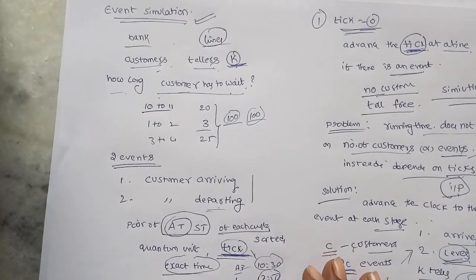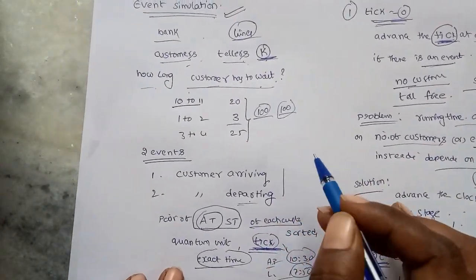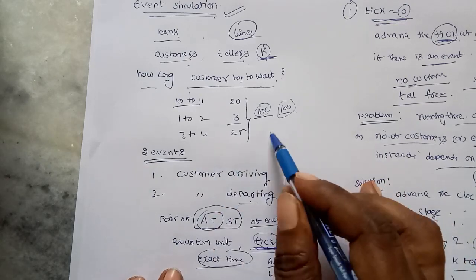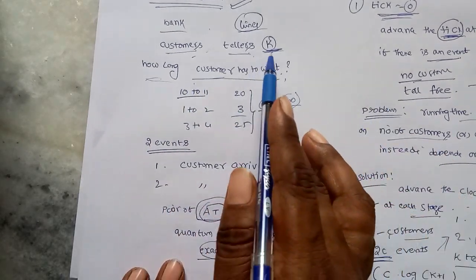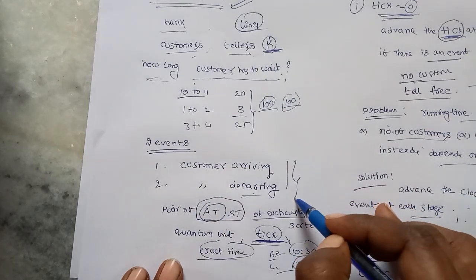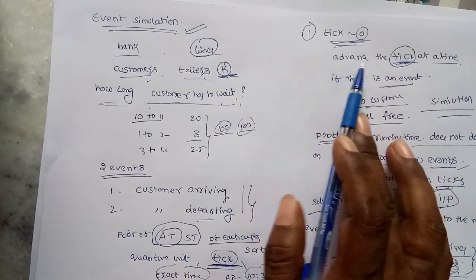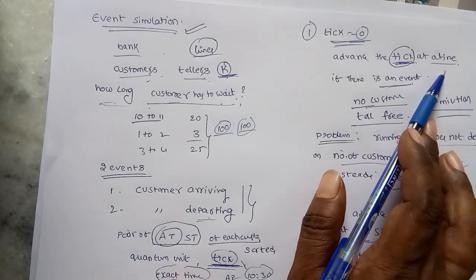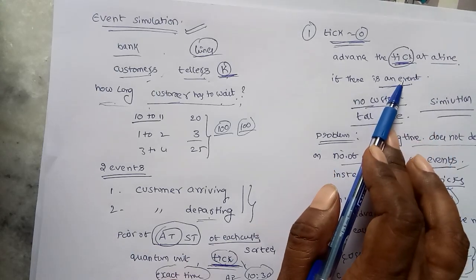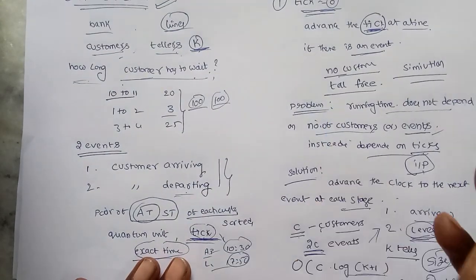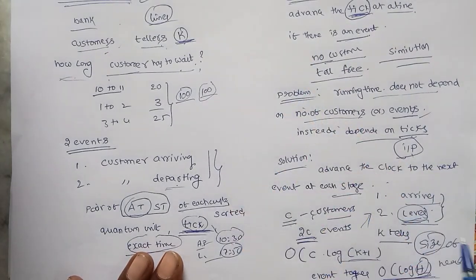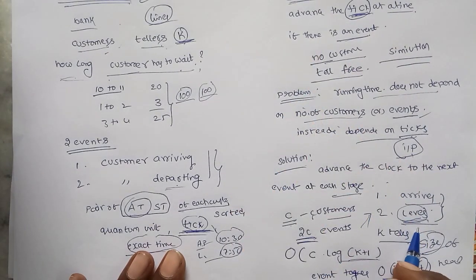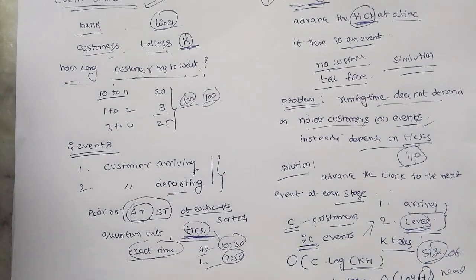Okay, this is event simulation. Event simulation is somewhat difficult. The question is how long the customer has to wait. We identify it based on the number of tellers. I am advancing a tick value for every minute, for every event. But to overcome this problem, I am incrementing the tick value only whenever a customer arrives or a customer departs. Next we will discuss the binomial queue.